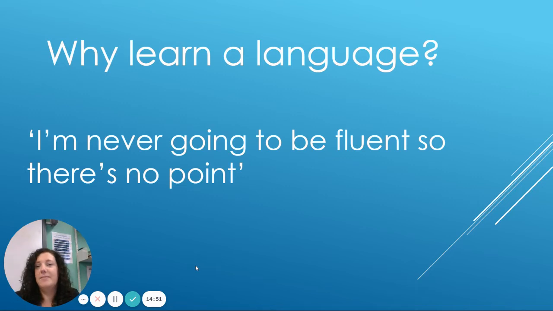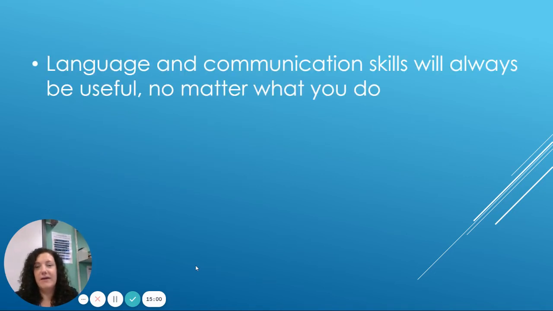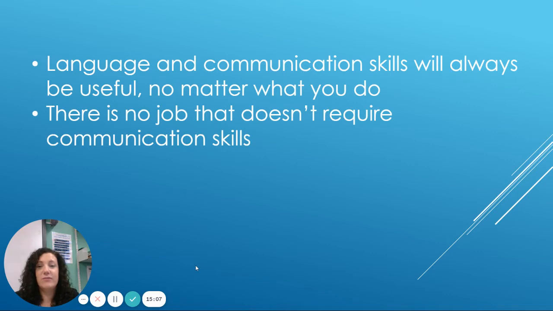Okay, another one I hear, I'm never going to be fluent, so there's no point. Okay, again, not true. So let's talk about communication. So language and communication skills will always be useful no matter what you are doing. There isn't a job around that doesn't require you to communicate in some way, shape, or form. Learning a language really develops your communication skills. So you'll learn how to not just express yourself better, but understand other people better, and develop those communication